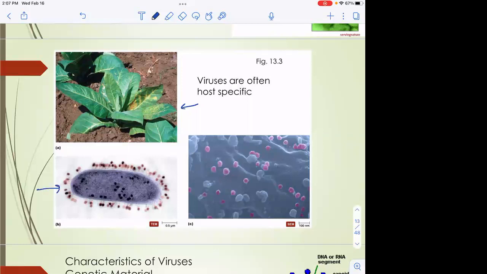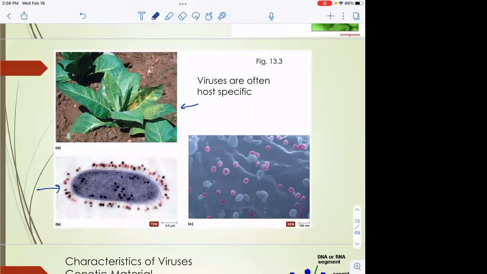Bacteriophage, here's a bacteria cell that's in trouble. There's a lot of bacteriophage surrounding it. But bacteriophage typically will only infect a certain species of bacteria. So we have phage that only infect E. coli or only infect Pseudomonas. So there's another way that we may be able to use viruses to kill bacterial cells and help